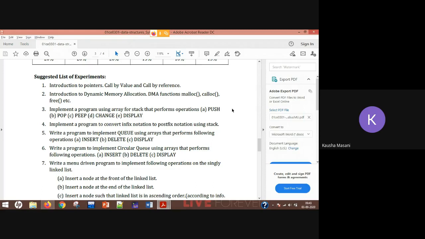What can you say about stacks? What do you know about stacks? Okay, come on. Let me rephrase the question. What do you know about stacks? Absolutely right. LIFO, it follows the concept of LIFO, that is last in, first out. Good, Rishabh.